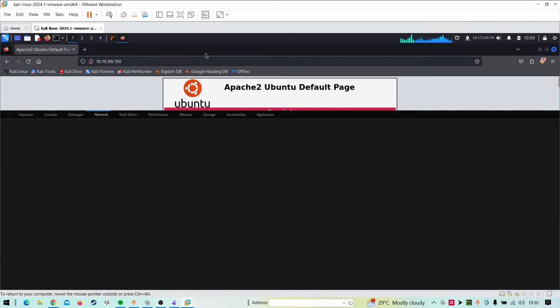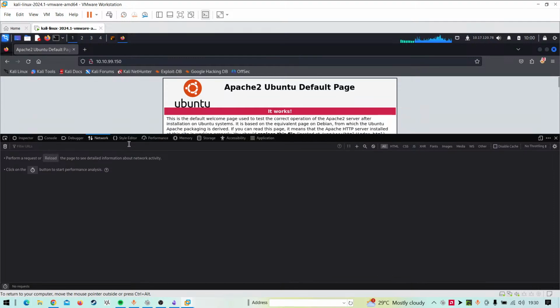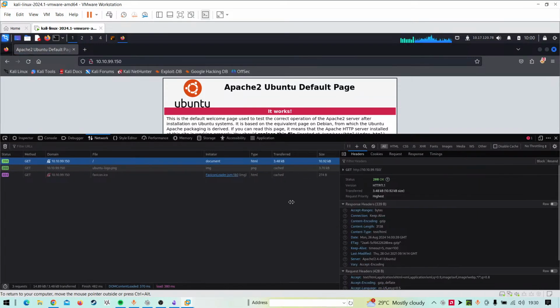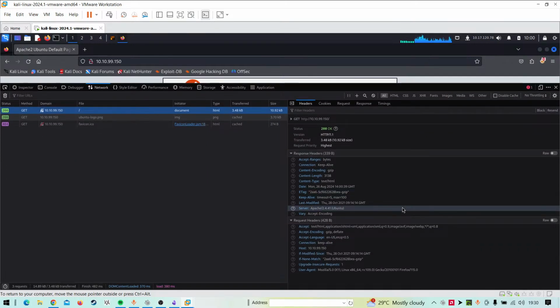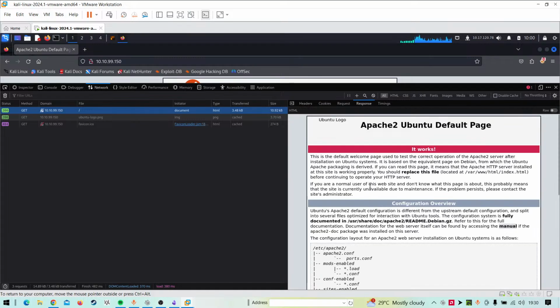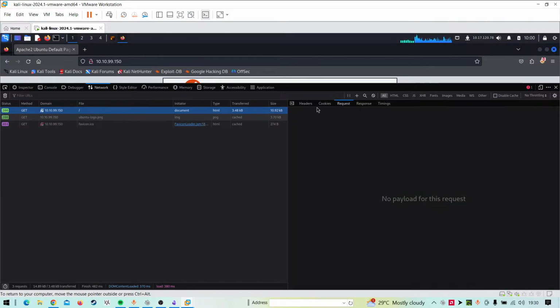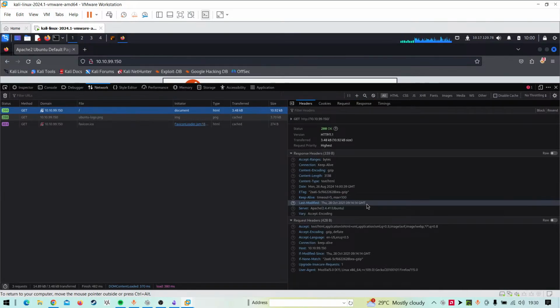Okay, fine. You can go to your network tab right here, and if you reload this, we are getting a server right here: Apache 2.4.41 Ubuntu version.